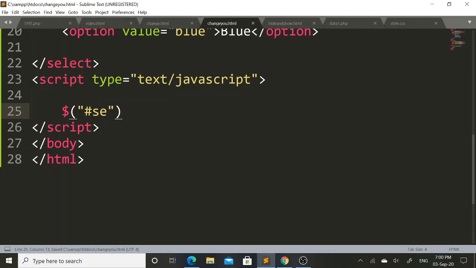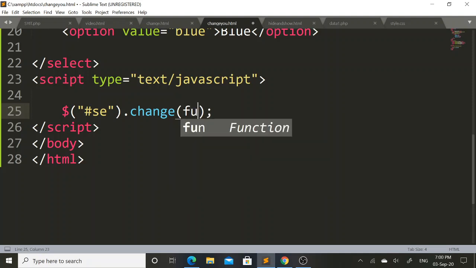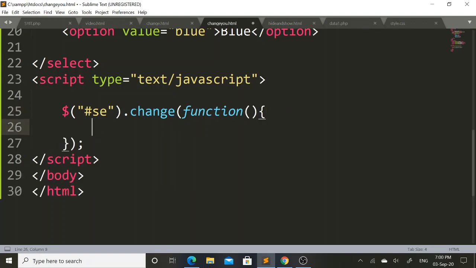Then using dot operator I will call change jQuery event. So this is change jQuery event, and within this event I will pass one parameter which is function, open parenthesis, close parenthesis, open curly brace and close curly brace.